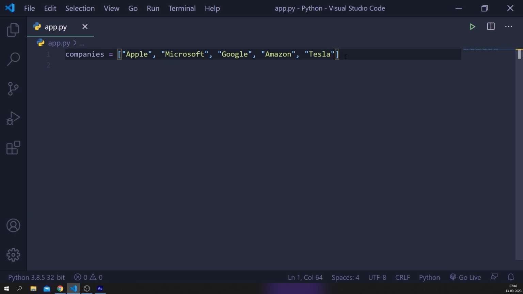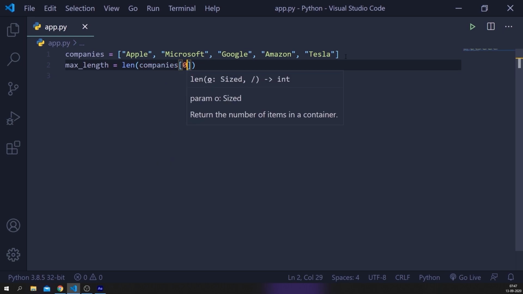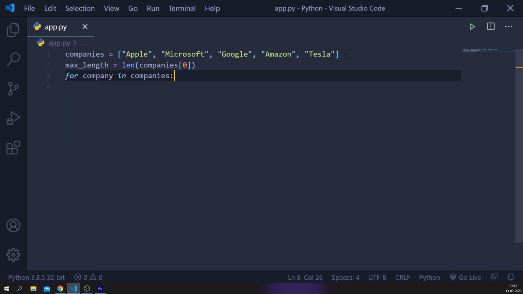So we start by defining a variable called companies and set it to Apple, Microsoft, Google, Amazon and Tesla. Now we define another variable called max_length. Initially we set it to the length of companies[0], which means we are setting it to the length of Apple. In the next line, for company in companies,